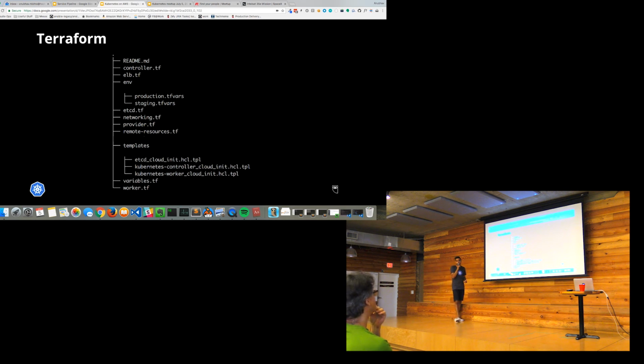We use TF-var files, which are just the variables to supply to a Terraform config. So we can write one config, which is this set of files that gets compiled to one thing. But we can use the TF-var files as a variables file and inject the environment into it. So we can say, deploy this in production, deploy this in staging, or let's say we have another deployment in the West 1 region of Amazon, we can say production West 1 and so on. We can inject those runtime variables, which gives us a lot of flexibility. That has saved us a lot of time, and this is why we have a push button deploy for our Kubernetes clusters.